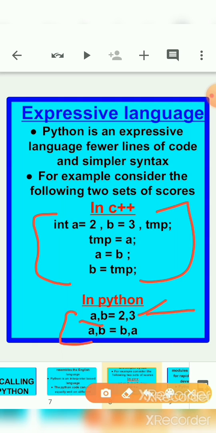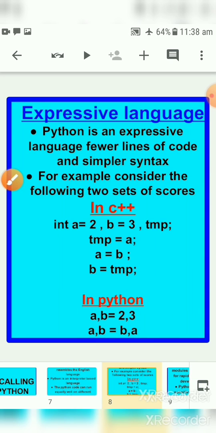This line depicts that A is having 2 value and B is having 3 value. The next line says that whatever value A is having, it is now B's. So we can compare that in C++ we are using 4 lines and in Python we are using 2 lines. In this way we can say that it is expressive, compact, easy to learn.